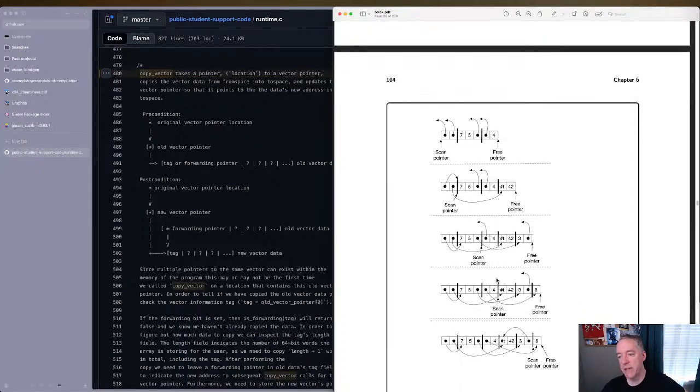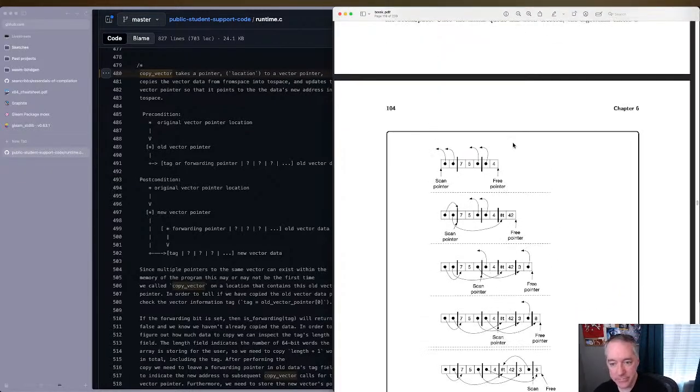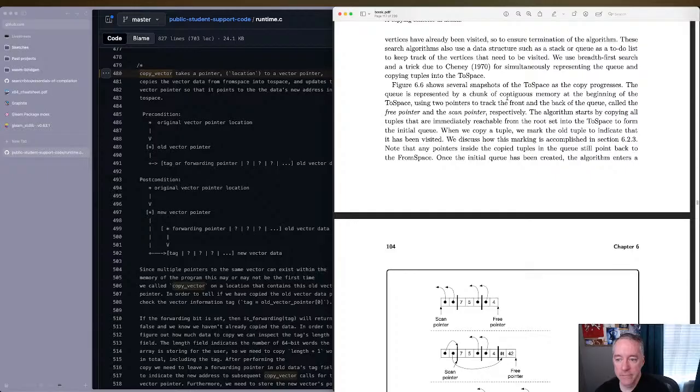Okay, so that's what they're saying about combining the queue of things to do with the space that you're copying into. That's what they're talking about. Okay. So,